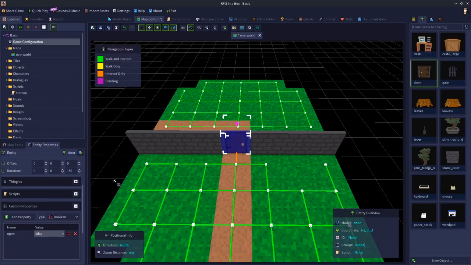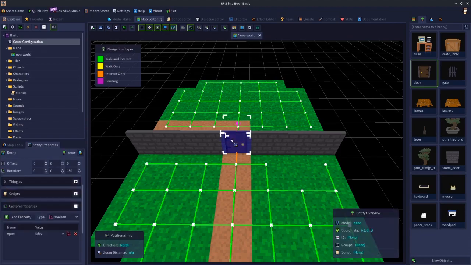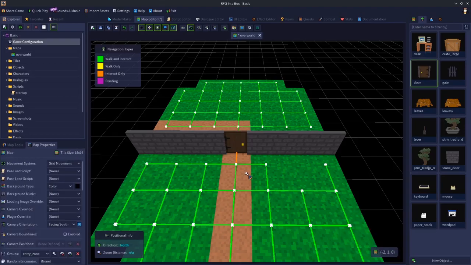So what we've now done by creating this is we've essentially set up a signal on this door. This door is like a radio now. It's emitting a signal to the engine. And that signal is just repeating over and over again: open, false, open, false, open, false. Now, that doesn't by itself mean anything to RPG in a box. It doesn't suddenly understand, oh, you're a door, are you? Because open is false. No, it doesn't suddenly magically make a door work or make RPG in a box understand